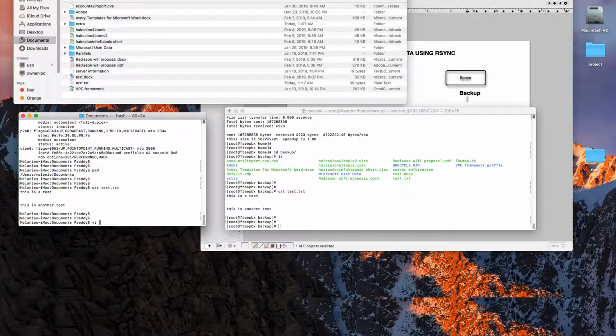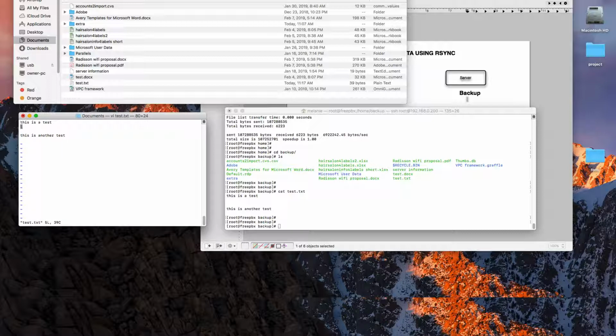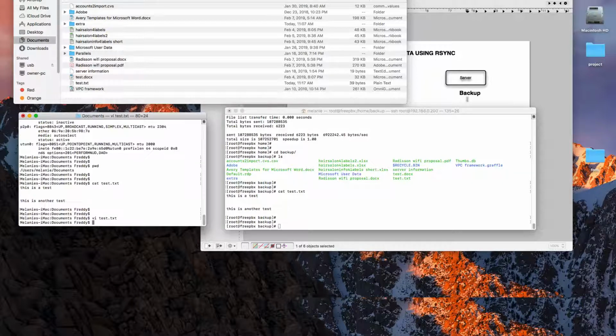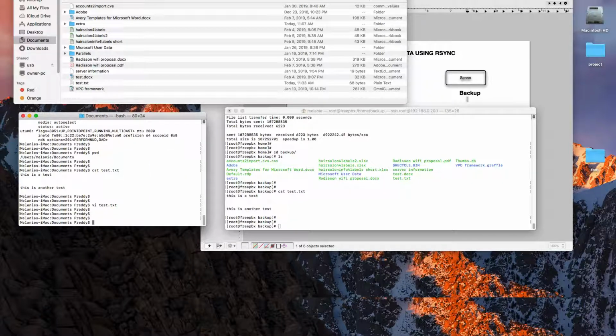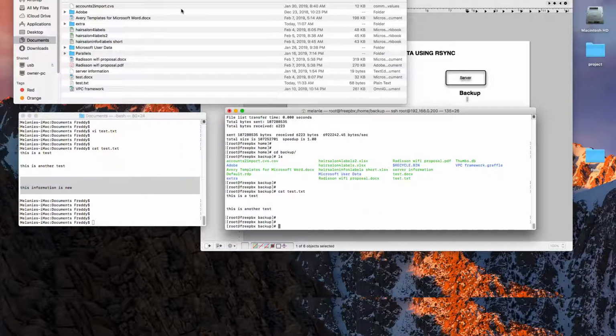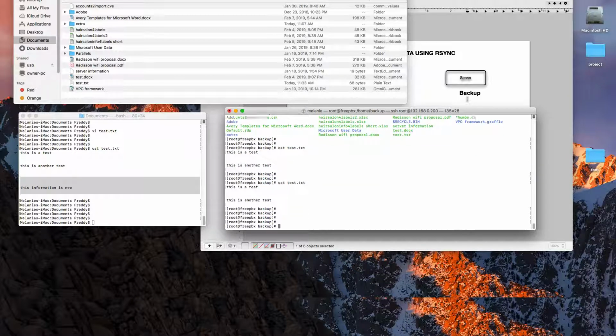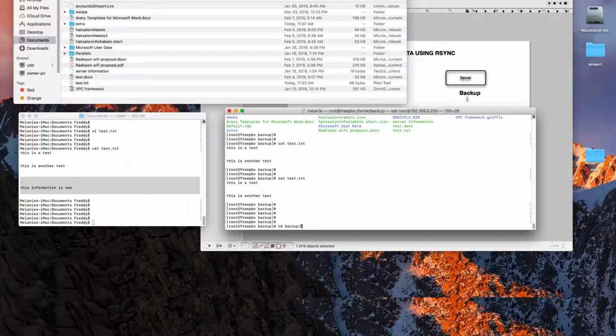Now if I want to test it to make sure that it's working, I can open this file and go all the way to the bottom and add "this information is new", and I will save this file. Again, this is only on the Mac at this point because we haven't synchronized this data. If I do a cat on the server of that same file, I don't have that yet. If I run this command again,